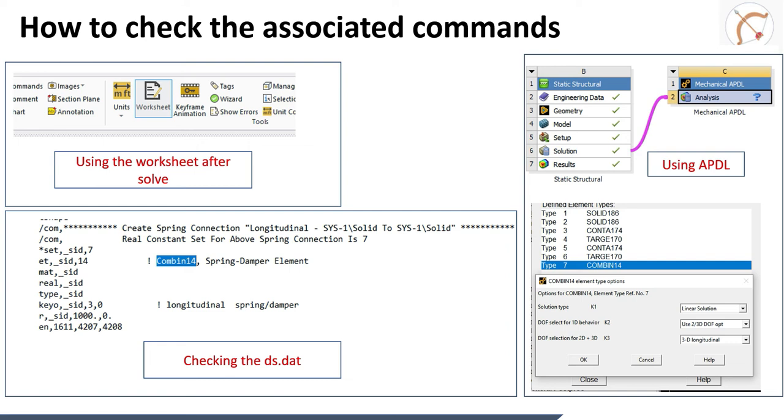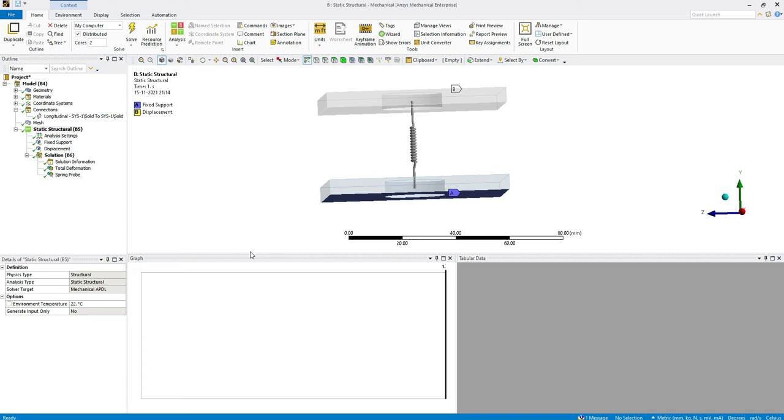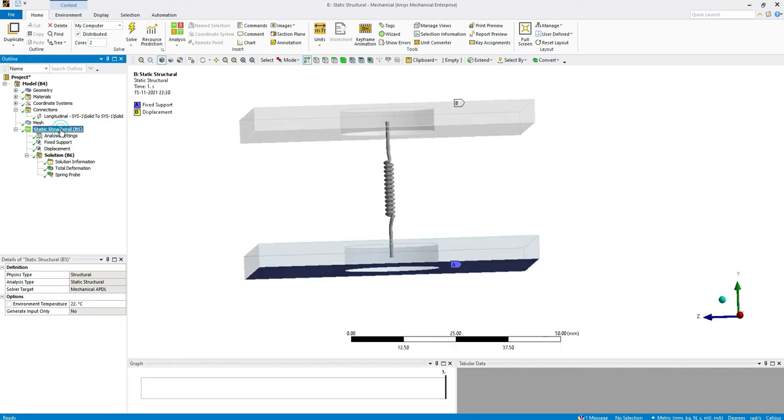So I will go to the demo that I had created just to showcase all of these three methods that can be used to check the associated commands that are getting used in the background. So first, I had already solved this model.